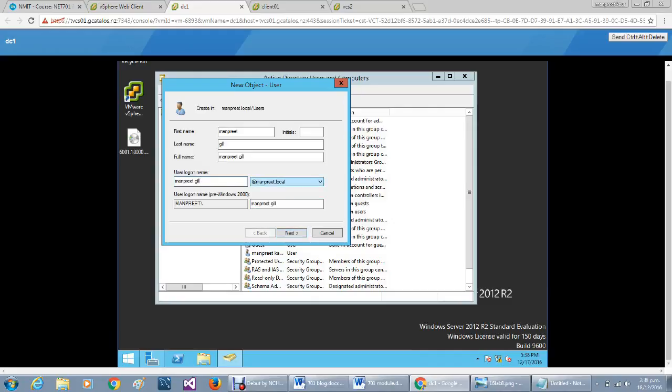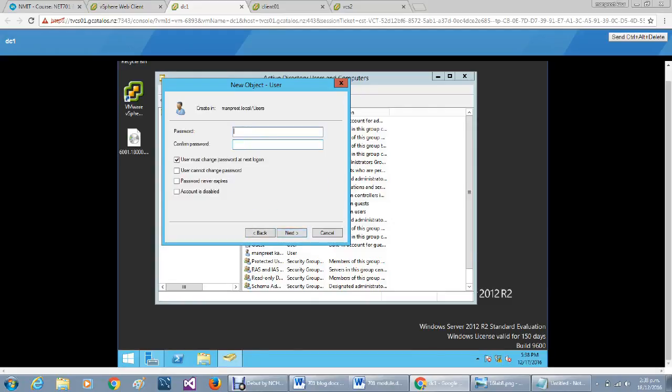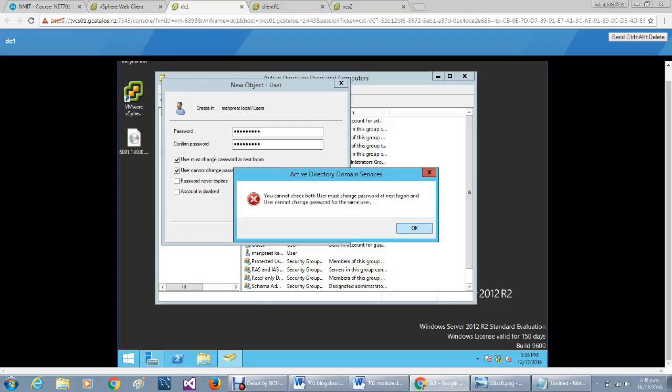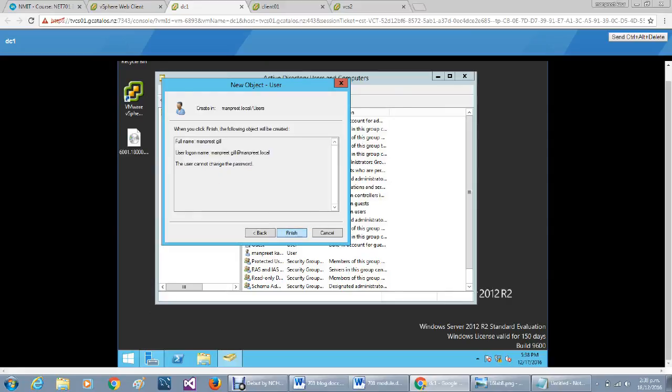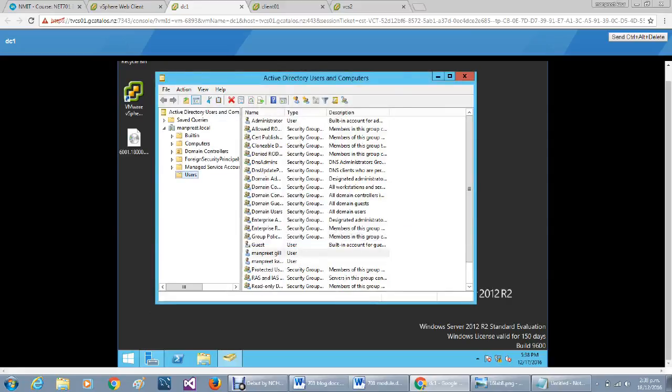Here you can see that this is my DNS. Then click on Next. Then I give the password, then we confirm the password. Then we check that the user cannot change the password without administrator permission. Finish. Now you can see here is the new user that I created.